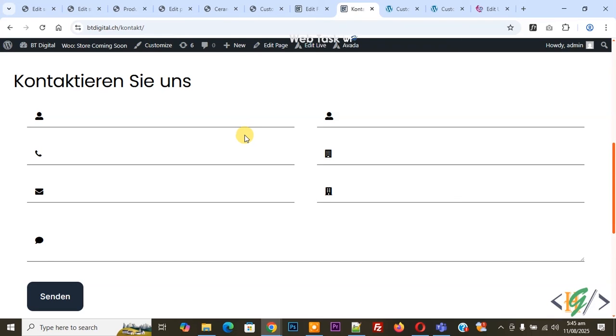Bismillahirrahmanirrahim. Assalamu alaikum. My name is Hassan and today we are going to change placeholder color for Avada form field